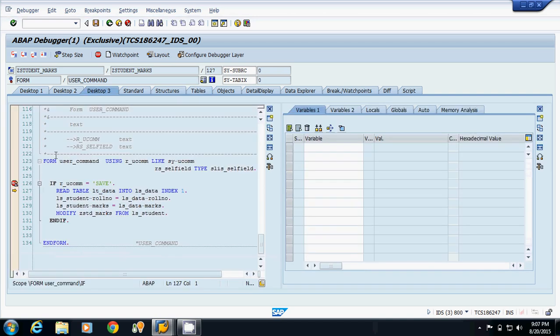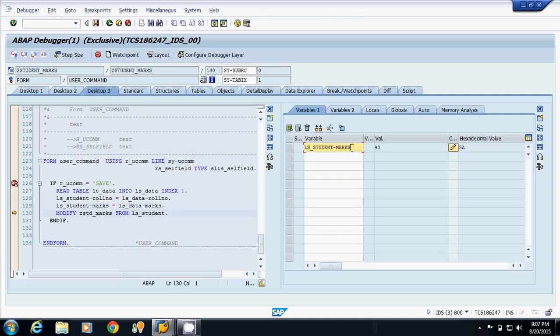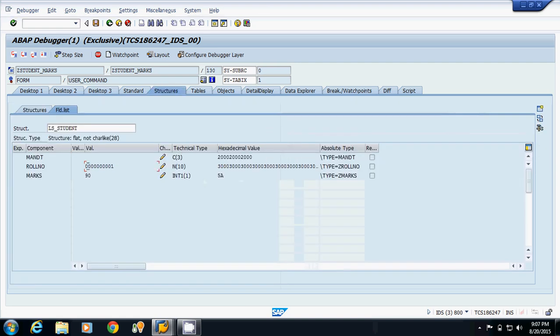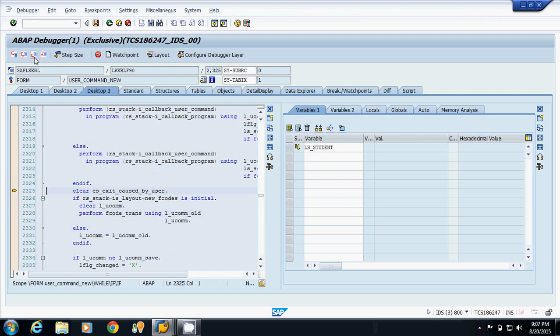Now I will read the first row. Now in this structure ls_student, I have the roll number 1 marks is 90. Now I am saving those marks into the database table, F6, F7.